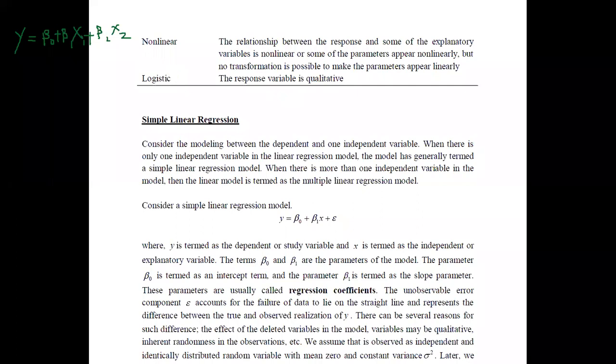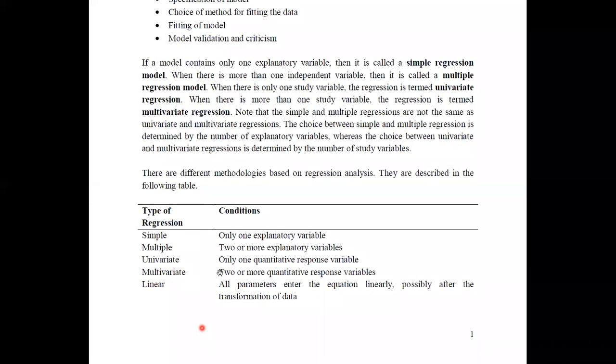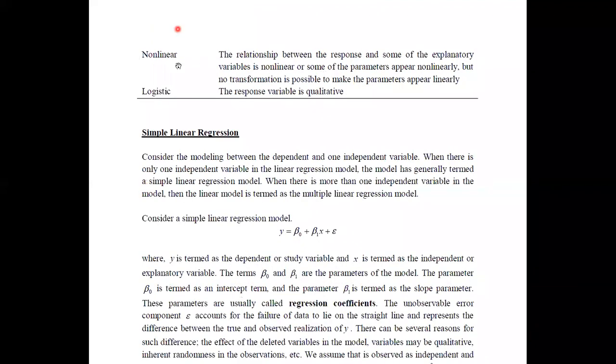These are the general techniques used to identify the form of the model, whether it is simple regression, multiple regression, univariate regression, multivariate regression, then linear regression, non-linear regression, or logistic regression. But linear and non-linear can be associated with the simple, multiple, univariate, multivariate cases. By combining simple and linear, we consider simple linear regression. In multiple, we can say multiple linear regression. Then sometimes it may be non-linear regression.